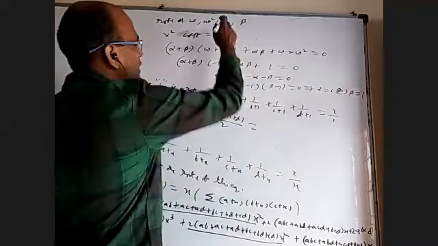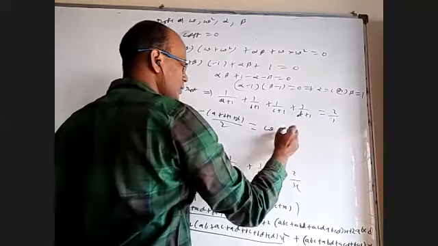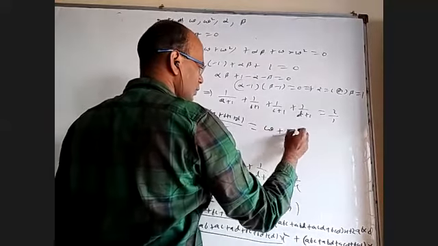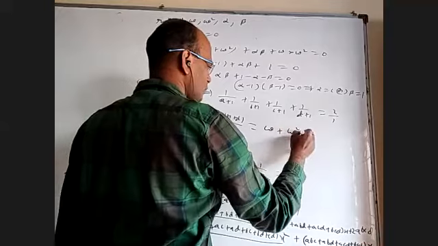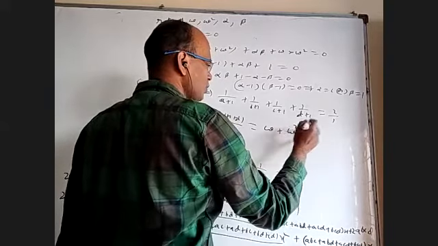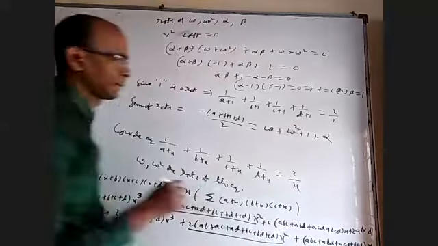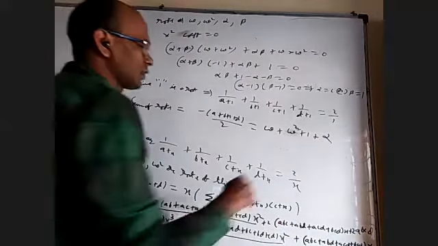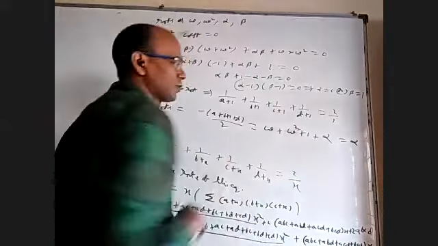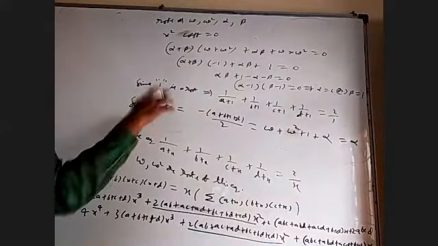That should be the same as, according to this, omega plus 1 plus omega square plus one more root. If you want, you can take it as alpha. That is basically alpha itself, because 1 plus omega plus omega square is 0. Okay, that is one way to find alpha.